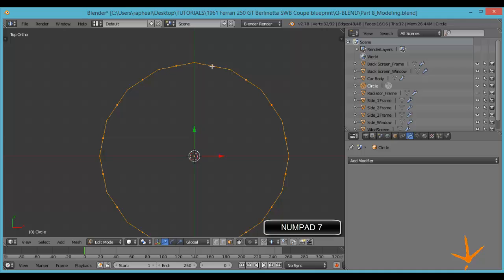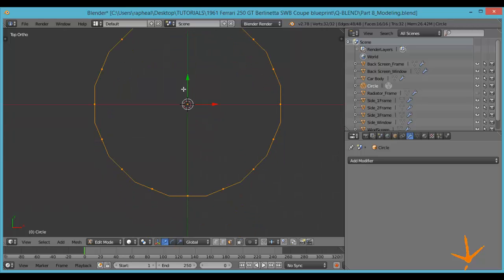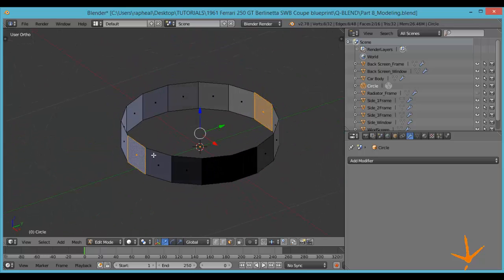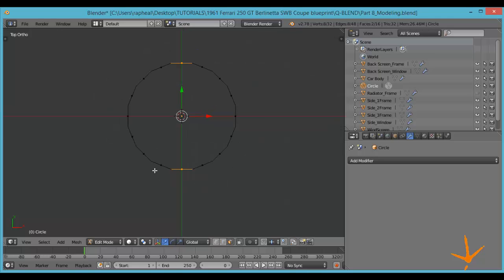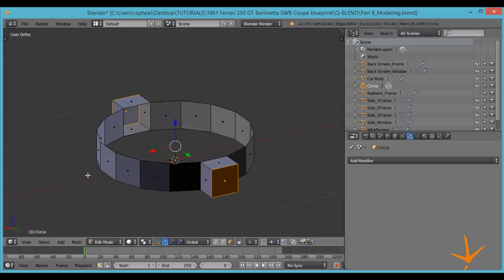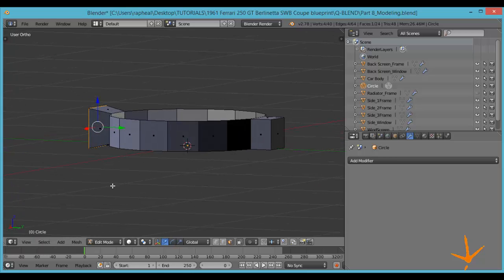I want to rotate this so that at least my face points are kind of in the center, so I can select this face over here and this face and extrude them, and then scale them on the y-axis to somewhere here, so you have something like that. Okay, I need this side to be quite big, so I'll just scale it freely like that,